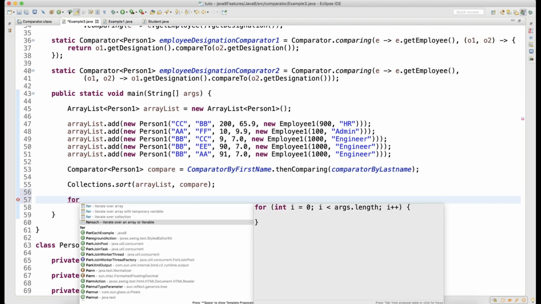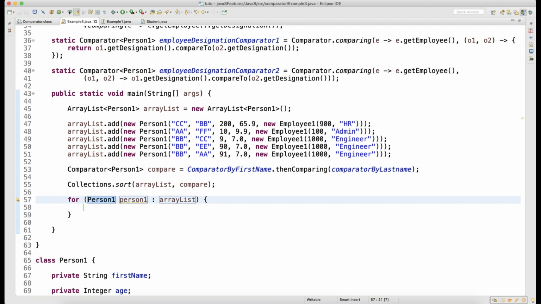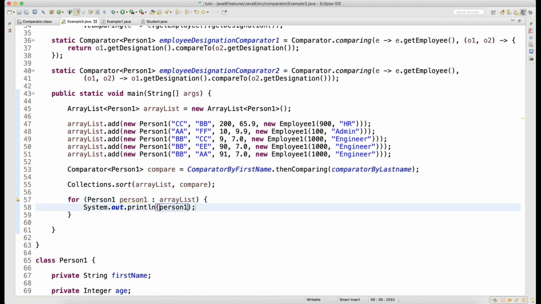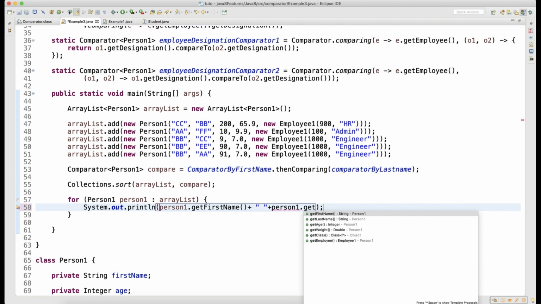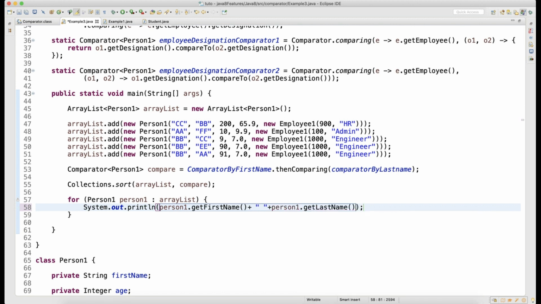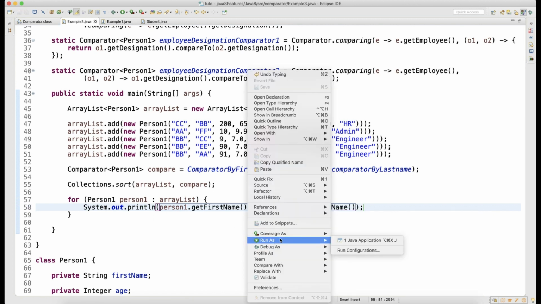In the for each loop we will print person1.getFirstName plus a space plus person1.getLastName. We will try to see the output.